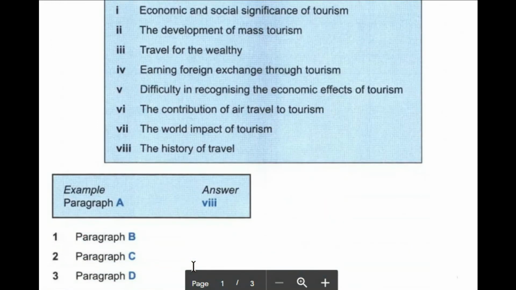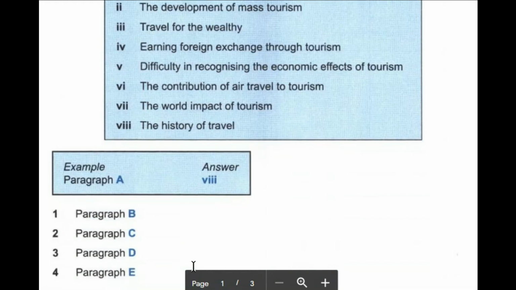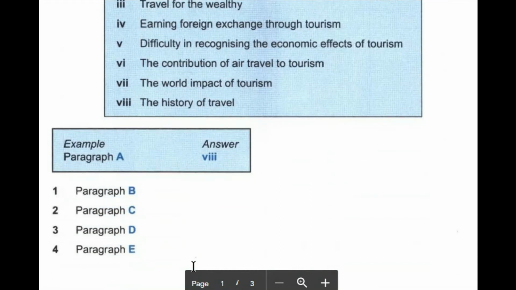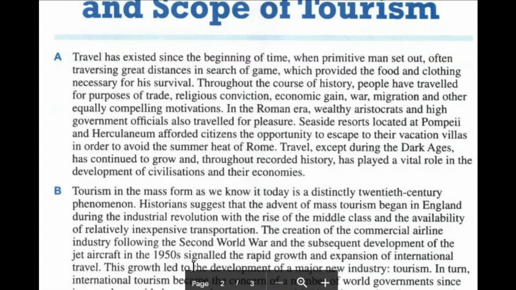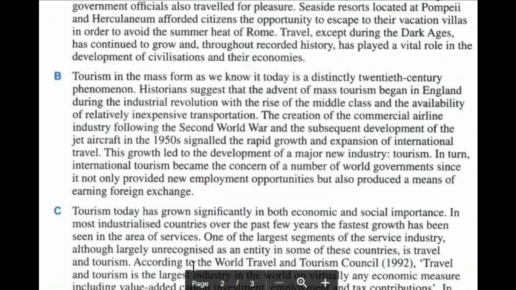Okay, let's move on to paragraph B and look at it like paragraph A. We have the right answer that we have selected. That is going to be 8, okay. So the history of travel, it's going to be very easy now for you guys, but we're going to do that. So let's look at paragraph B, and we are going to find or designate the right